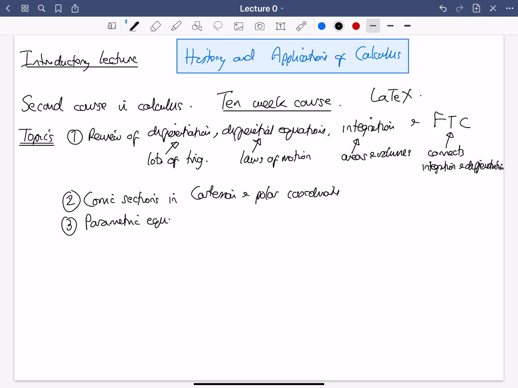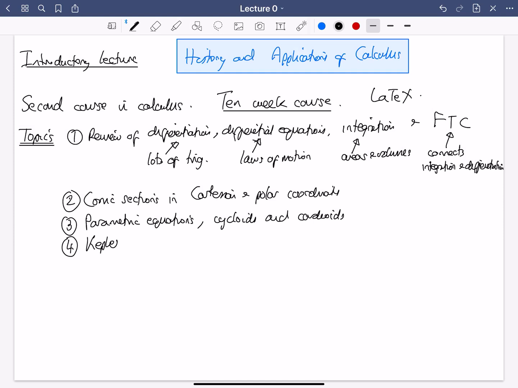There's another topic that you probably touch upon, but I want to give more examples like cycloids and cardioids and other such things. So really, in those 2 weeks, I'm kind of teaching you the tools of single variable calculus, maybe going a little bit further than you would have seen in that first course in calculus, because we need to get our skills to the point that we can understand some of the later applications. So all that stuff about conic sections and parametric equations is building up to week 4, when I'm going to